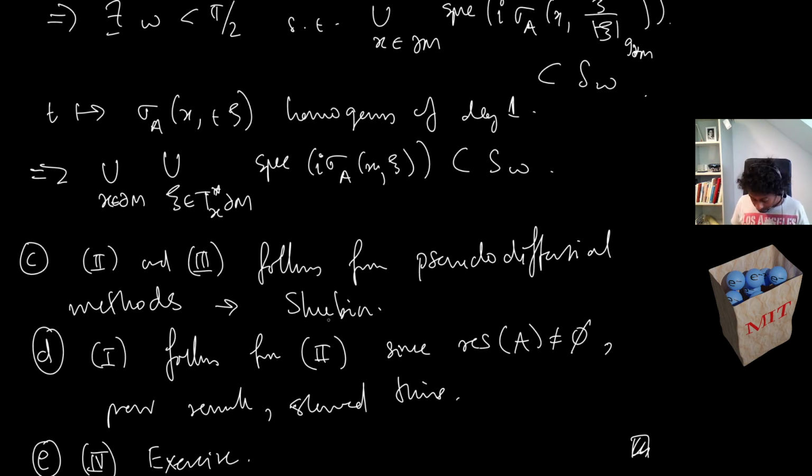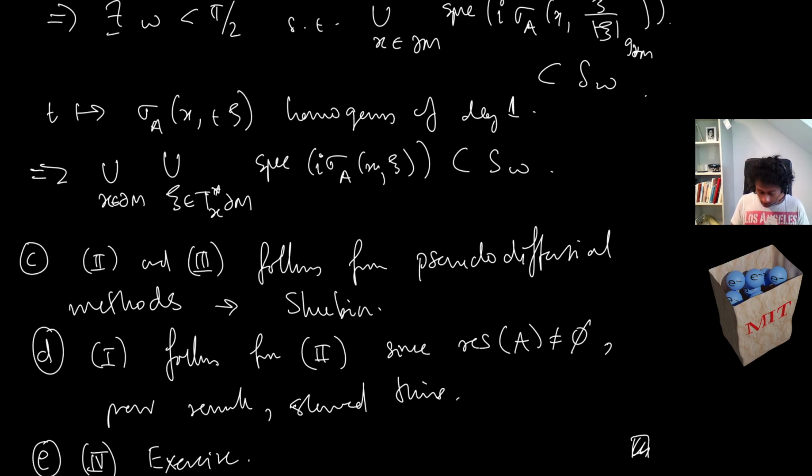I've given a reference for that, which is Shubin, but the idea is that when we have information about the spectrum of the principal symbol of an operator, we can extract out information about the L2 operator,